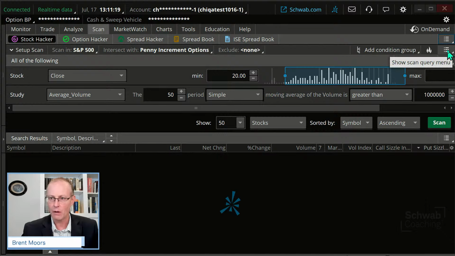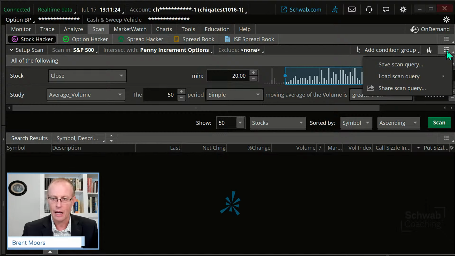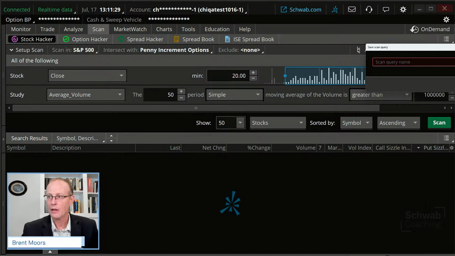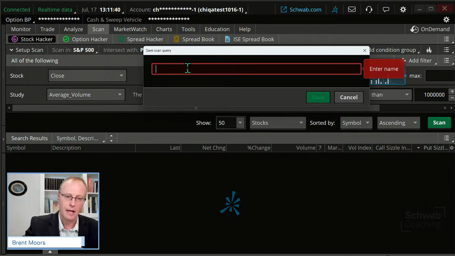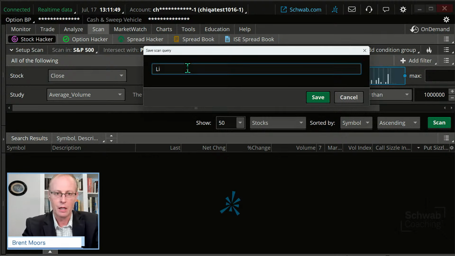So I'm going to go to the middle of these menus. It gets a little confusing with these 3-line menus, but I'm going to click on that. I'm going to go to the middle one, and I'm going to save that scan query. And this scan query isn't for bullish or bearish. This is just for liquid stocks. So potentially we can embed this in other scans that are bullish, bearish, or neutral scans, or whatever we want. I'm just going to type in liquid stocks. Now, I already have one I've titled liquid options, so I'm going to do this liquid stocks. Okay. So I'm going to click on save.